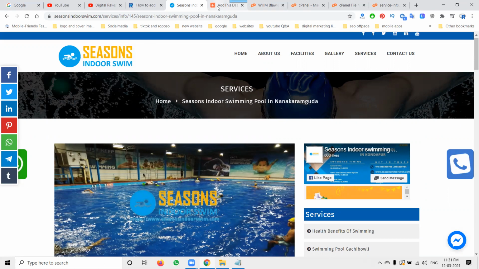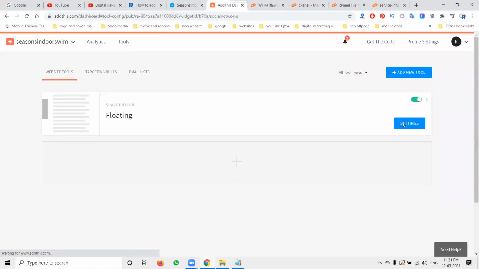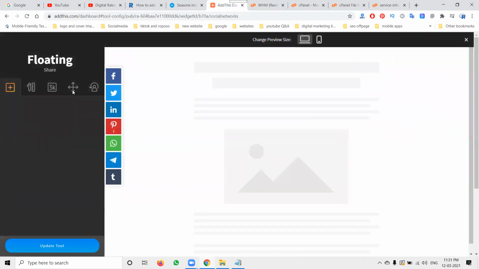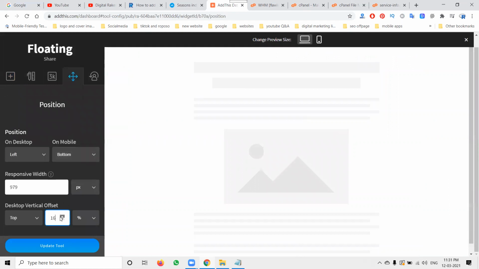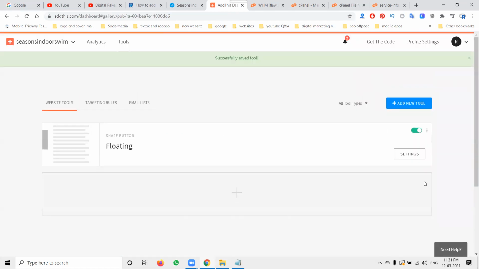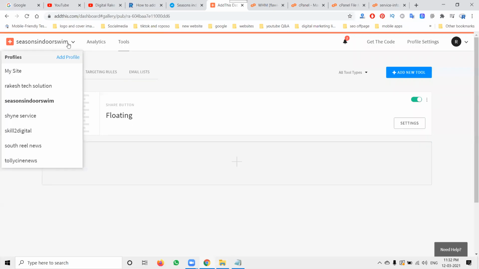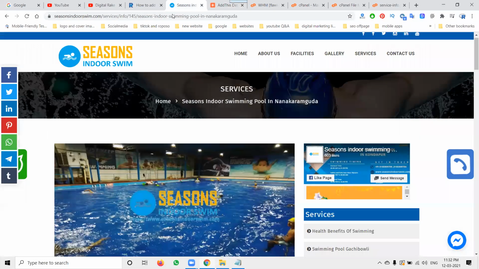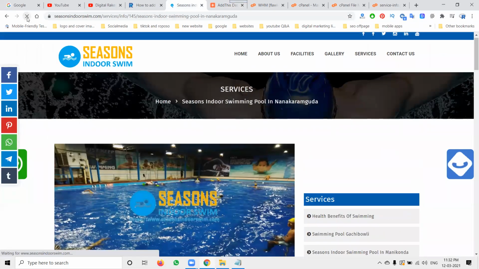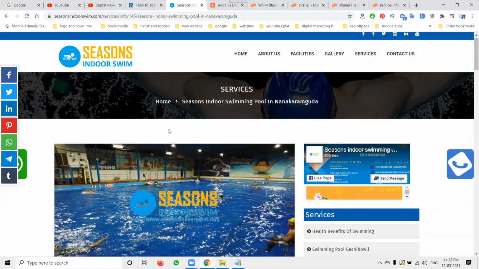This method we can use to change your content and add social media share content. This is suitable for Blogger, WordPress, any website. It will be the same. We can add a number of tools. Each website will add separate tools. All these options are given by the website. So this method we can use to add the social share button on your website.